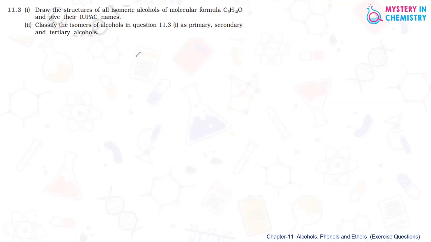Question number 11.3. In the first part, draw the structures of all isomeric alcohols of molecular formula C5H12O and give their IUPAC names. So in the first part, it is the question of only isomeric alcohols, no other compounds. So we are thinking about the isomers. First one is